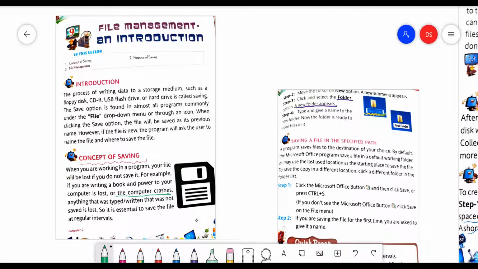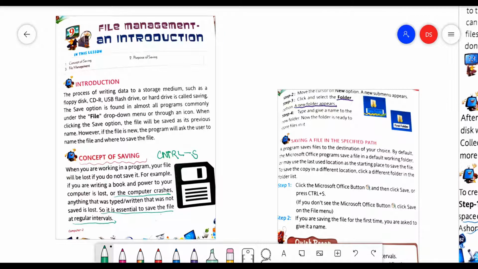So in my words, children, when we do any work on the computer, we should save it by giving the save command. We have the save command Control S. By the keyboard, we can press Control S to save our work. And when we click on this option the first time, it asks for a file name. First time when we save our work, the computer asks us for the file name in the dialog box. Then we can give the file name by which we want to save our work. And again we proceed with our work.